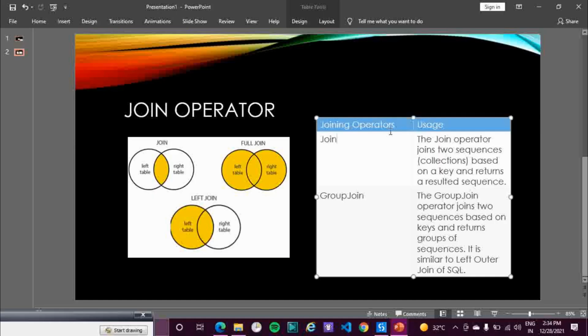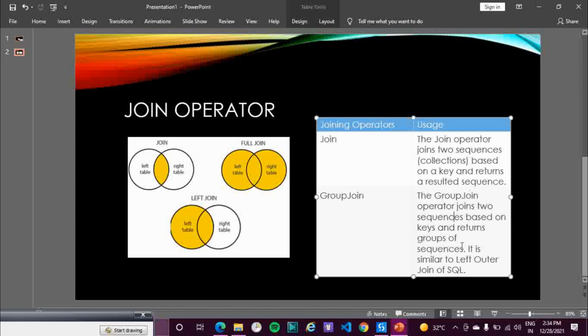In LINQ, we usually have two join operators. One is join, another one is group join. The join operator joins two sequences or two collections based on a key and returns a single sequence. Whereas group join joins two sequences based on keys and returns groups of sequences.